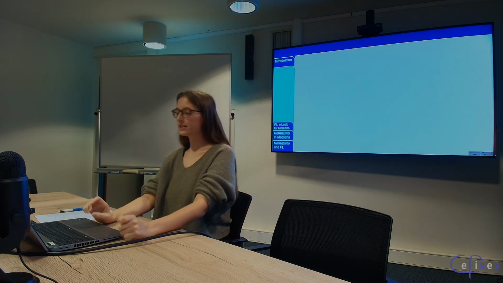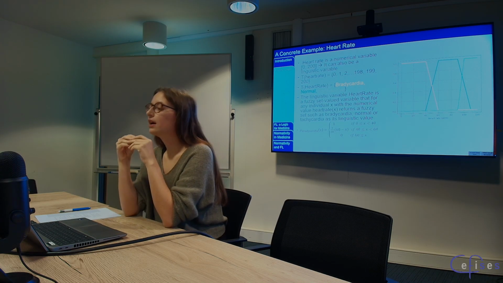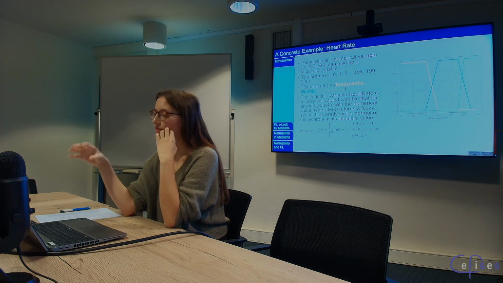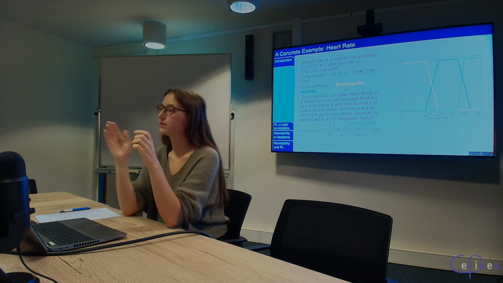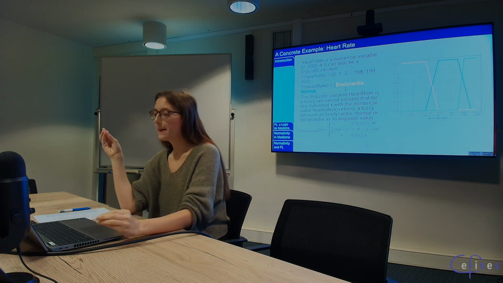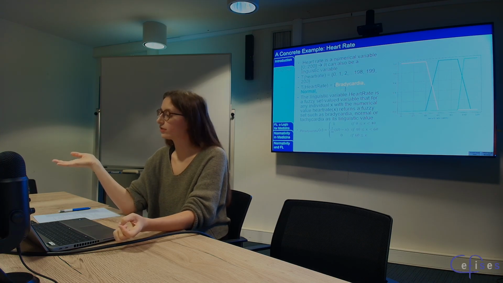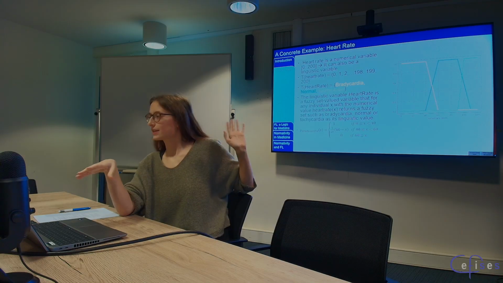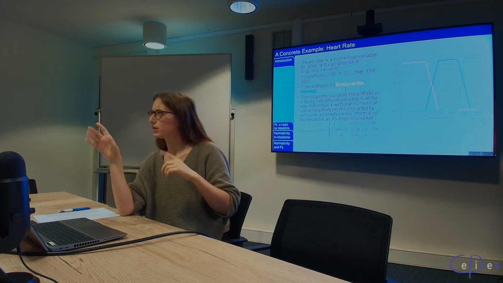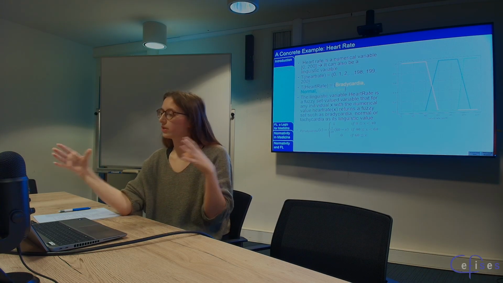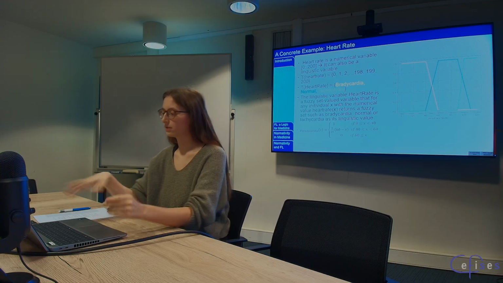So, a concrete example of fuzzy logic: heart rate. Heart rate is a numerical variable between 0 and roughly 200. But we can also transform it into a linguistic variable. So the values that the numerical variable heart rate can take are 0, 1, 2, 3, etc. until 200. And the linguistic variable heart rate can take many different values. Here is an example that I made by myself based on the American Heart Association data about adult men. We can granulate it more or have different values. It depends. It's just a tool example.